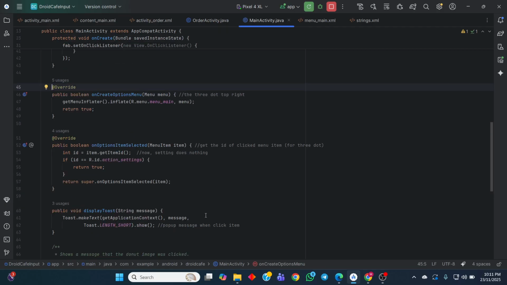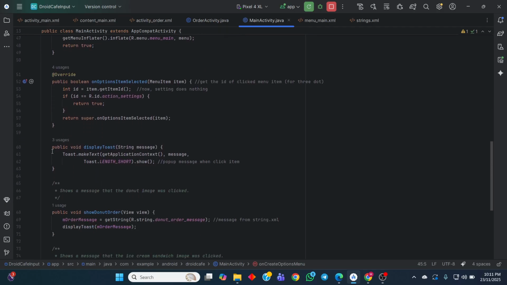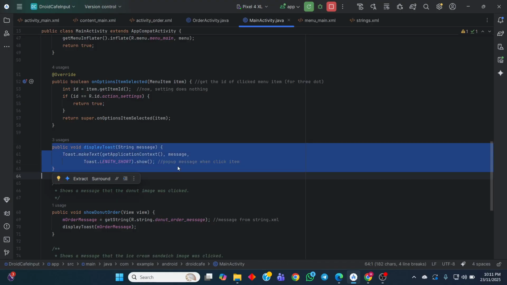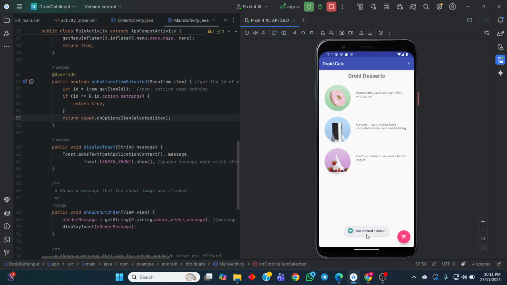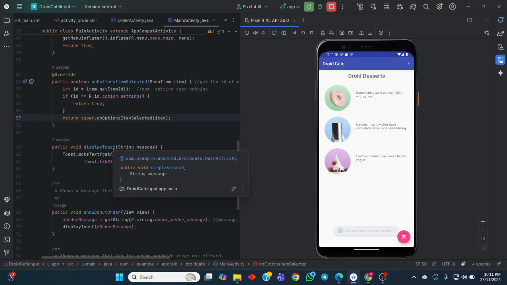Alright, let's go back to my activity. There is also this display toast method, which means if the user clicks an item, this message will be displayed using the display toast. Display toast means this pop-up message that will display to the user.